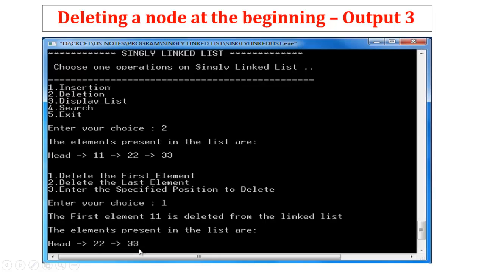The second condition. And the third one, delete a node when there are n number of elements in the given linked list. That is, we are having 3 elements, 11, 22, 33. I am going to enter the choice, delete the first element, choice 1. The first element 11 is deleted from the list. Automatically my head pointer points to the second node address. What is my second node? 2000. If the head pointer is going to point to the second node address, that is 2000 should be stored in the head pointer, head equal 2000. Already explained in the pictorial representation.